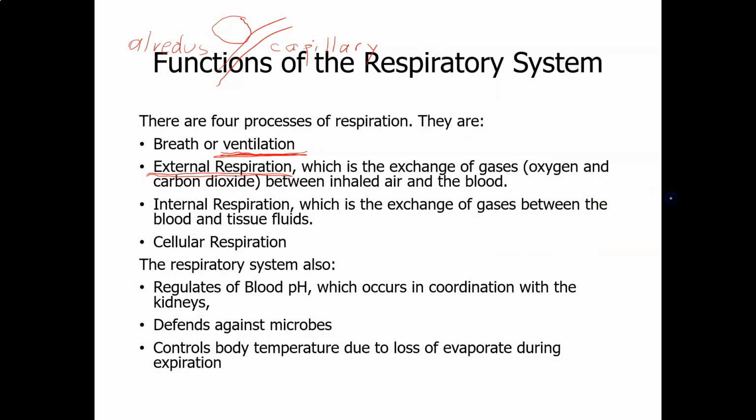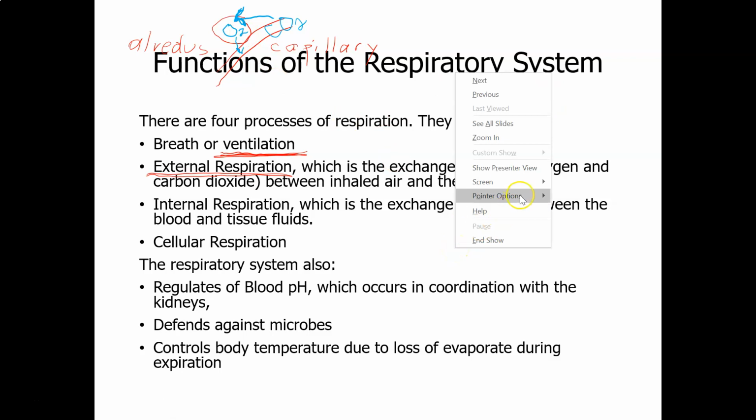I'll just do blue. Okay, so the oxygen that's in the alveoli is going to diffuse into the capillary, and then the carbon dioxide in the capillary is going to diffuse into the alveoli where we will breathe it out. Now, the next process is internal respiration, which is very similar,